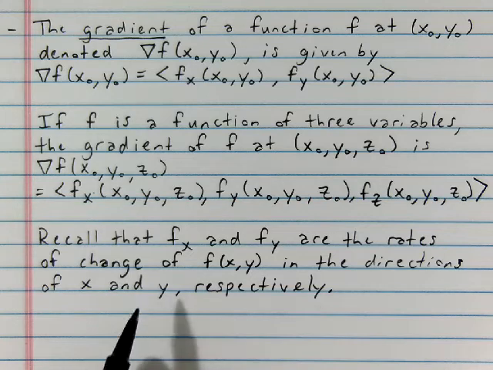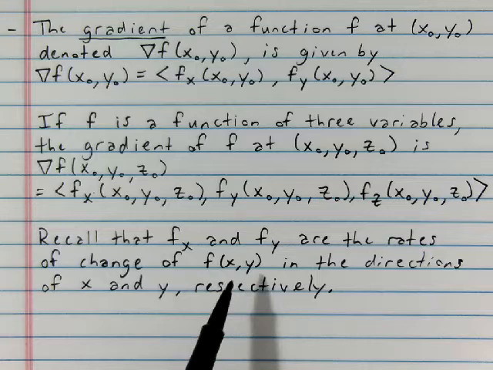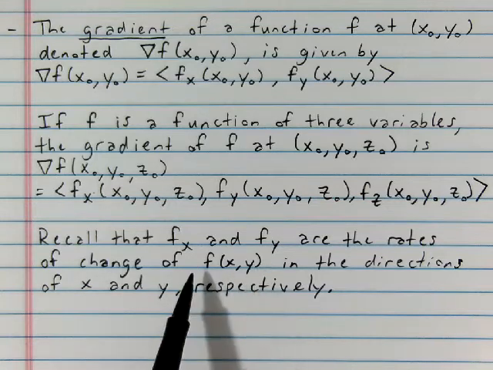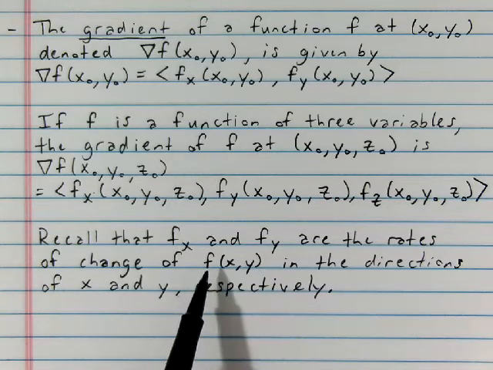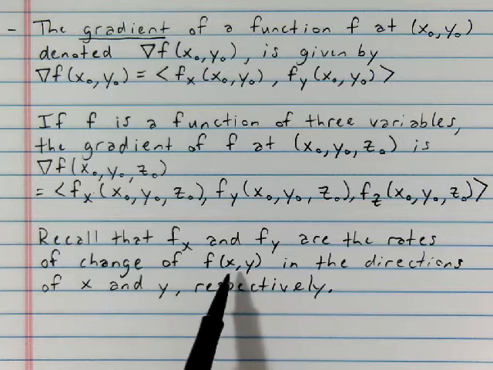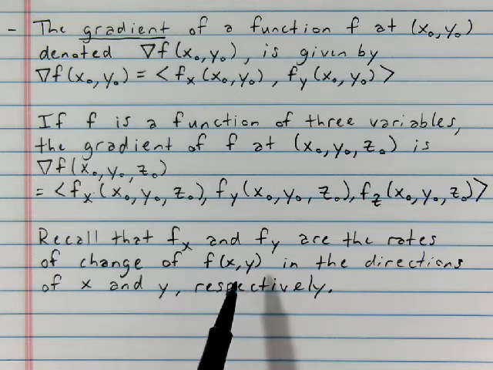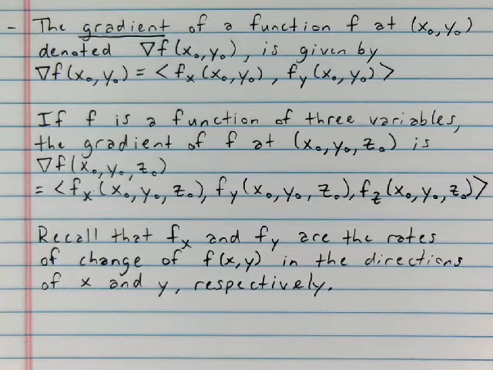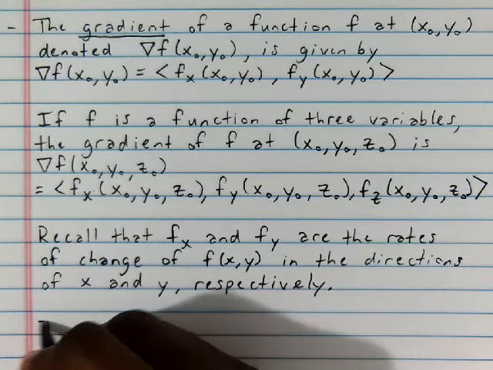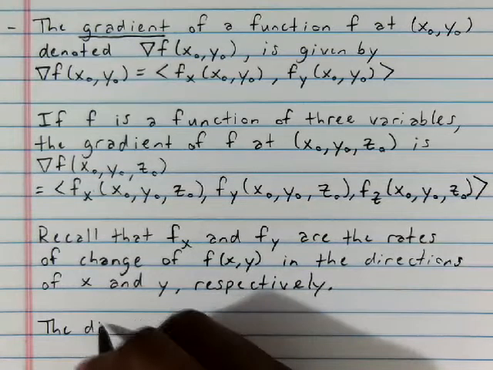So we already know how to find the rate of change if we're traveling on some surface in the x direction, or if we're traveling on the surface in the y direction. But what if we're not traveling in the x direction or the y direction? Then in that scenario, we'll need a directional derivative to find the rate of change. So the directional derivative